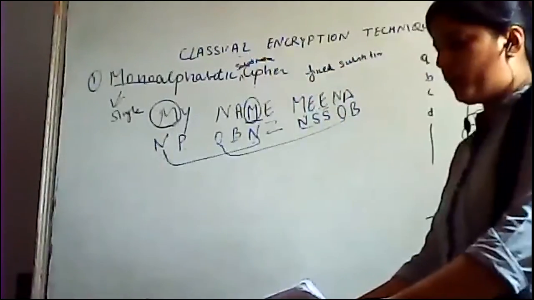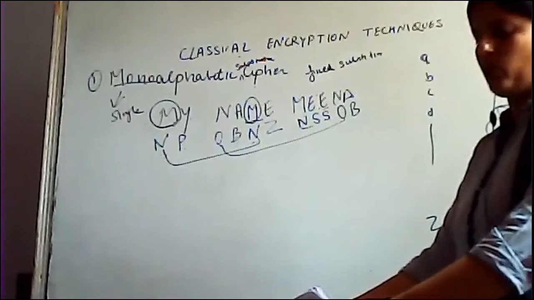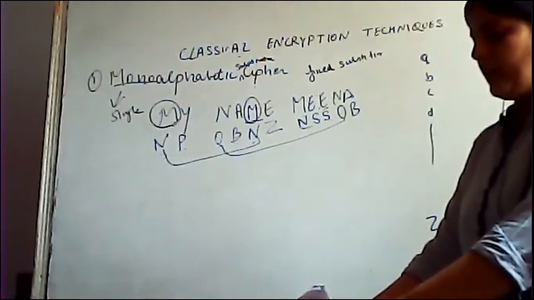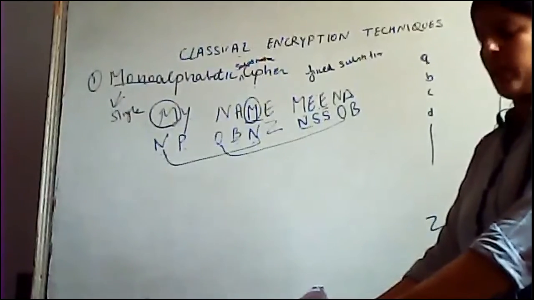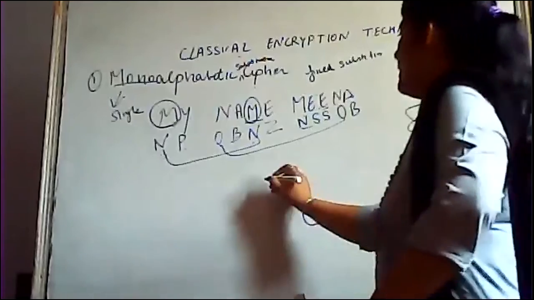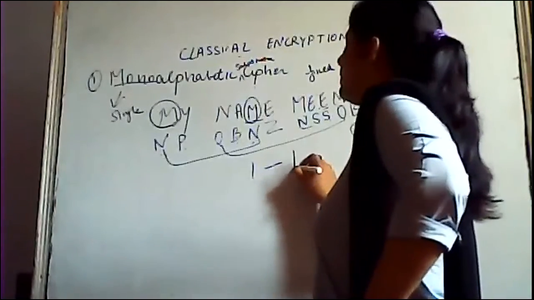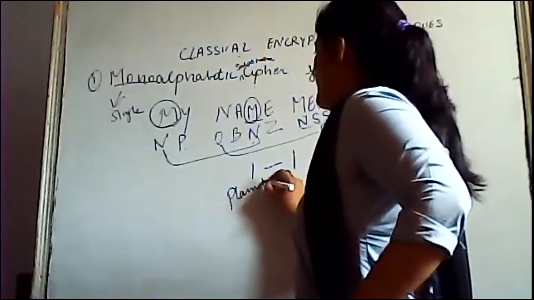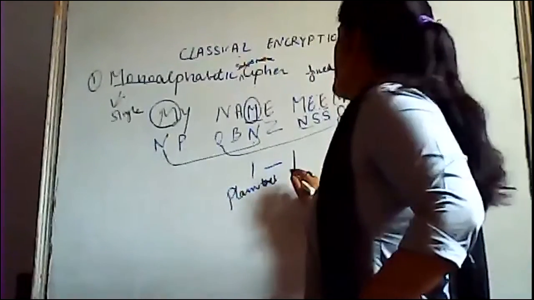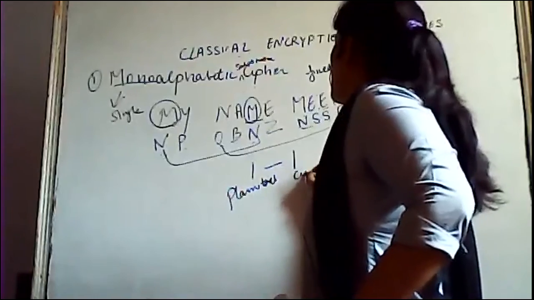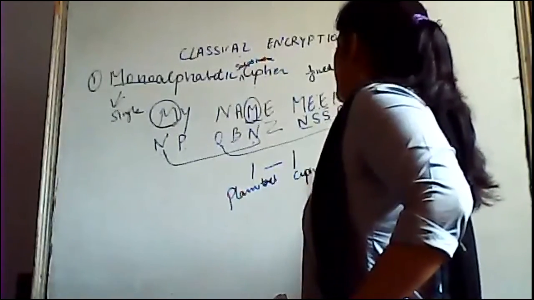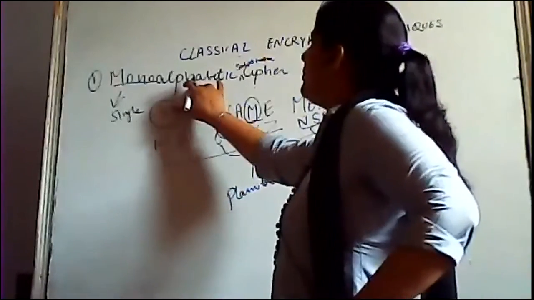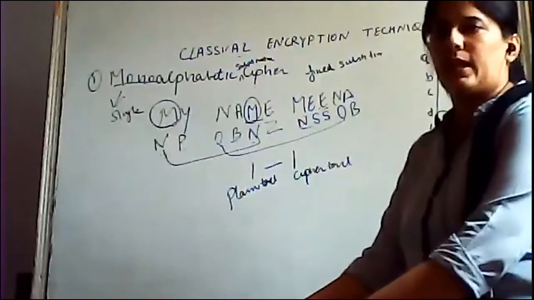Okay. So when we talk about this, that there is a fixed substitution. So what is the relation between a character in the plain text to the symbol in the cipher text? 1 to 1. 1 is for मतलब the single character in the plain text will be representing a single text in the cipher text. Fine. This is the functioning of monoalphabetic substitution cipher.